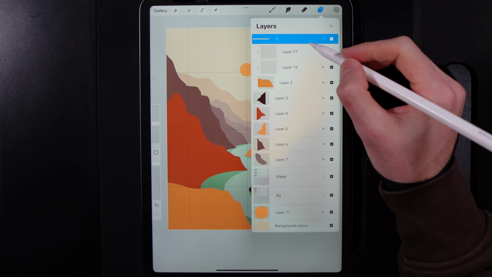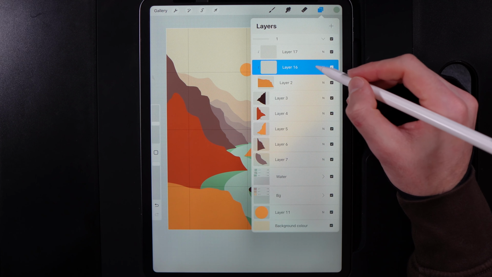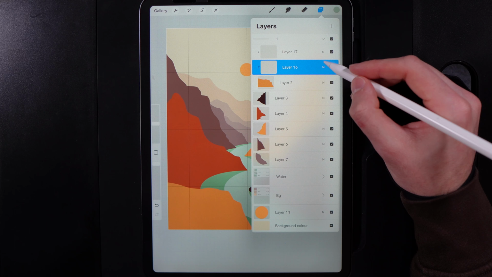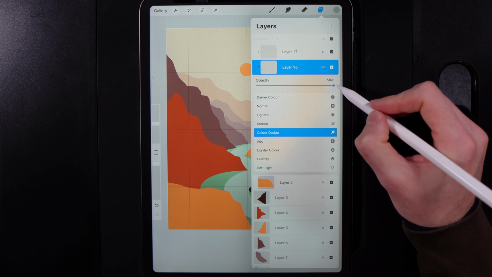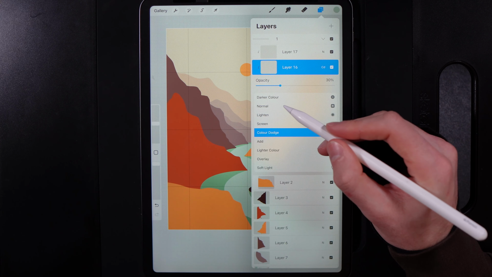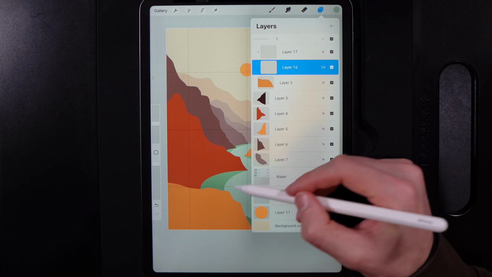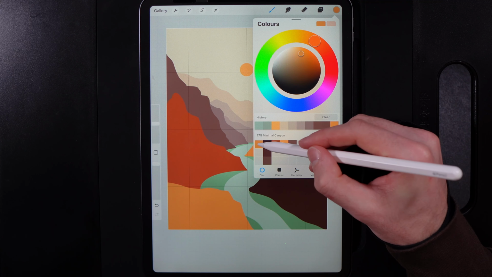So group number one. The middle layer here that's clipped to our shape, we're going to go ahead and tap on it. We're going to change it to color dodge. We're going to go ahead and bring the opacity down to 30%. And on that layer, using the same color, so we'll just go up into the top left of the palette,